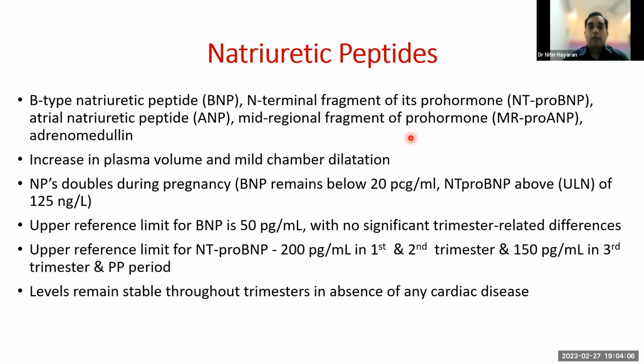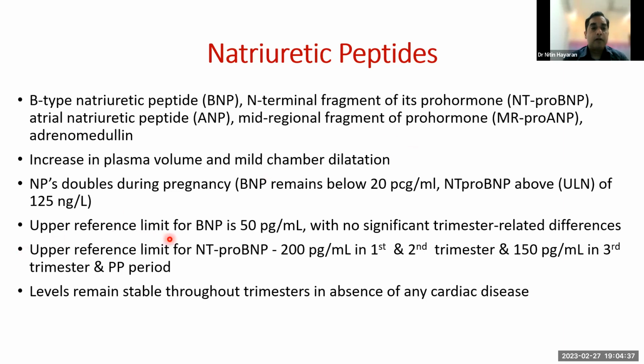adrenomedullin. So when we talk about the normal pregnancy, we know that there is an increase in the plasma volume and also a mild cardiac chamber dilatation. So the normal value usually doubles during pregnancy. The levels of BNP as well as pro-BNP become around double during the pregnancy,